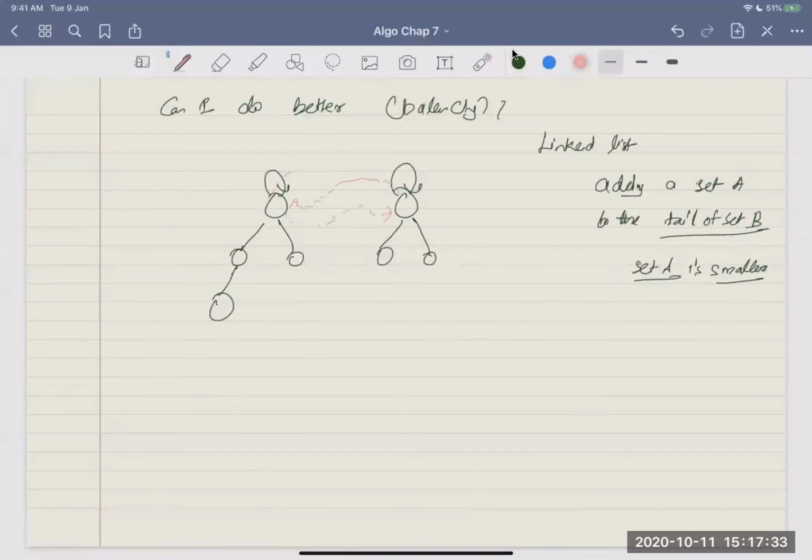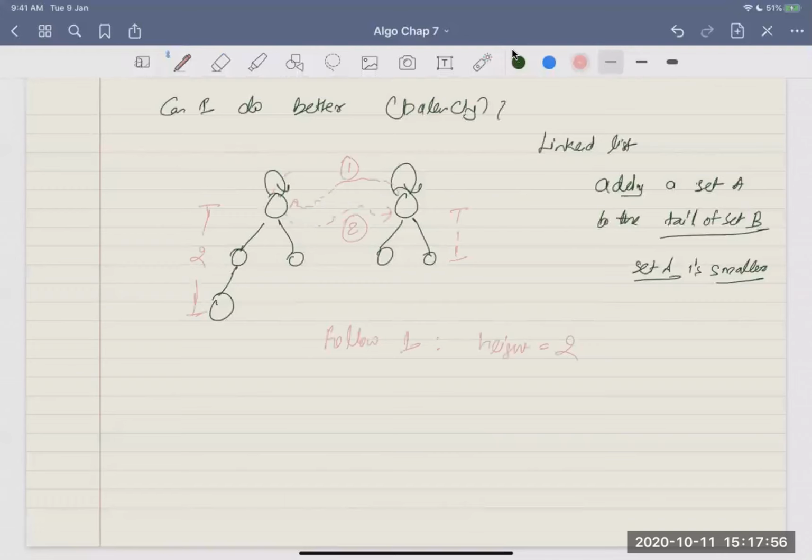So I can do either one or two. Now which one would lead to a more balanced tree? You see, earlier the height was 2. If I follow 1 and this height was 1,